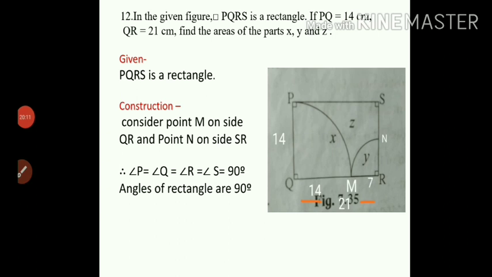Now students, if you see, PQ is given 14 centimeter, that is the breadth, and the length, if you check the full length QR, which was 21 given. Now PQ and QM, these both are congruent. So PQ, if it is 14, QM will also be 14. So from 21 I will subtract 14, so I will get MR as 7, since the points are collinear.